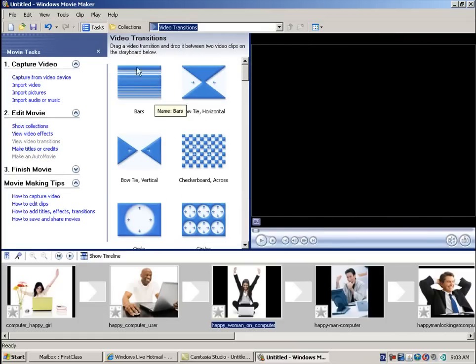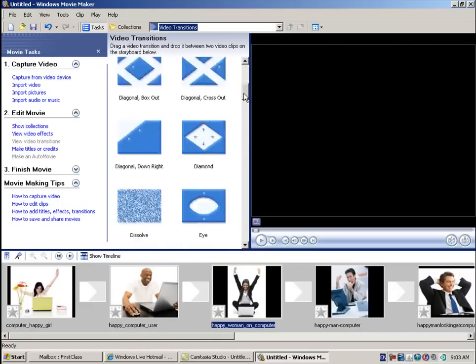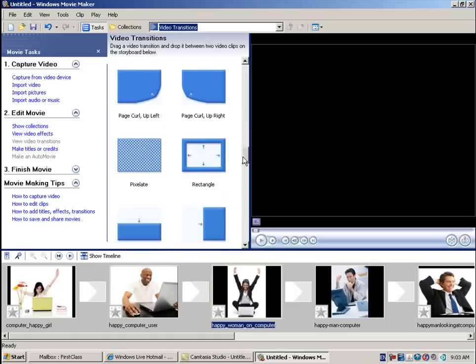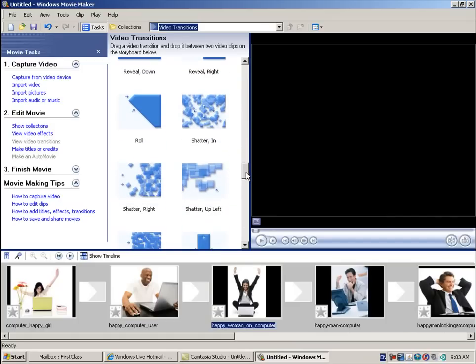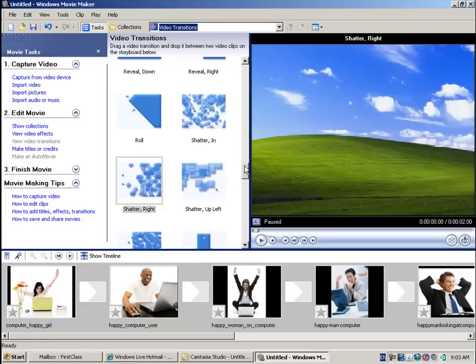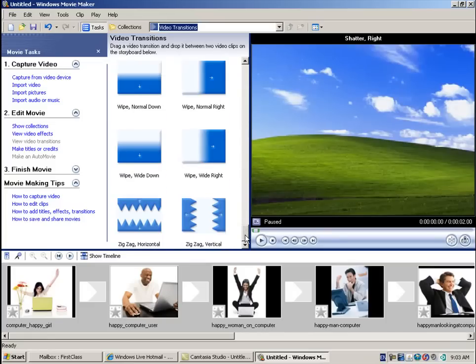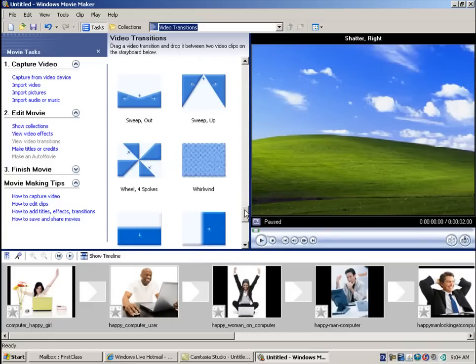And now I can simply, as it says here, drag your video transition and drop it between two video clips on a storyboard below. Now you can spend a whole bunch of time trying to determine which one would be best given what it is you're doing. So I'm just going to randomly pick one. Speaking of random, I believe you do have random at the bottom. Nope, not in this list. Alright, so